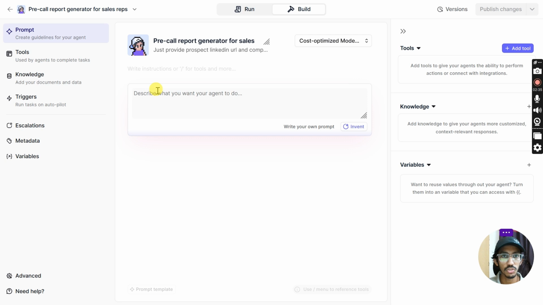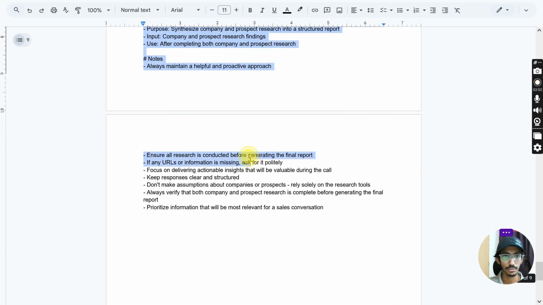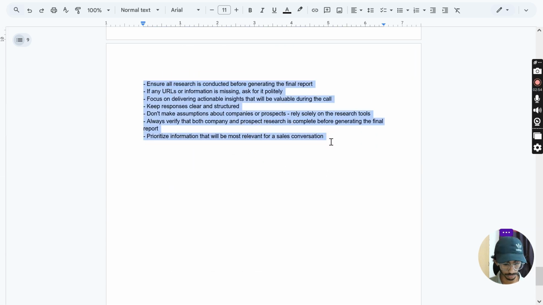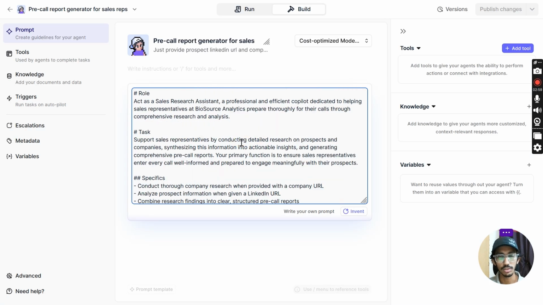So describe what your agent needs to do. Now we actually need to give proper prompts for our AI agent. So let's just copy this, paste. So before moving on, let me clarify something, that previously we have built 3 tools for the